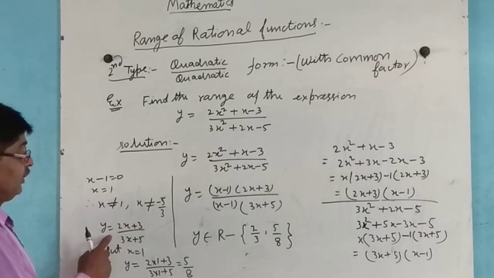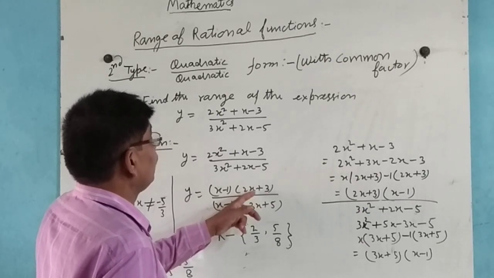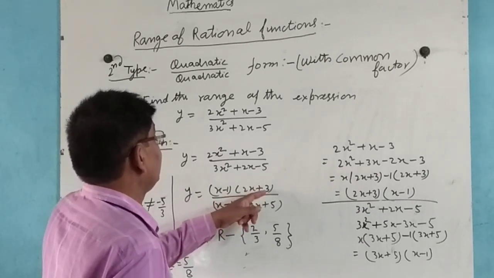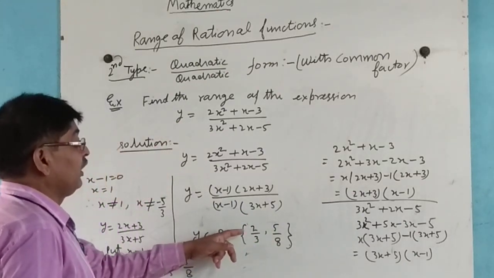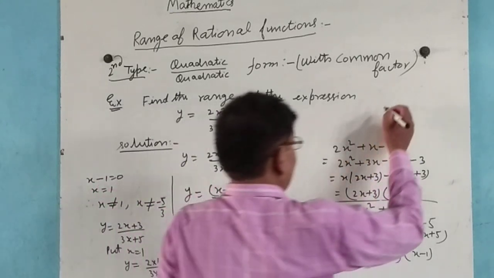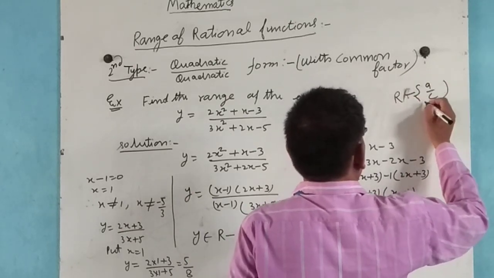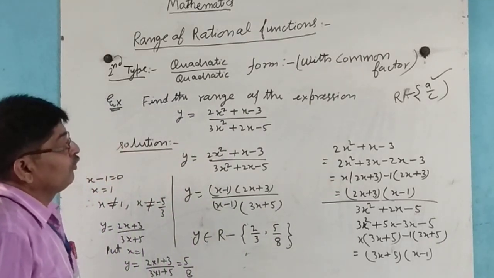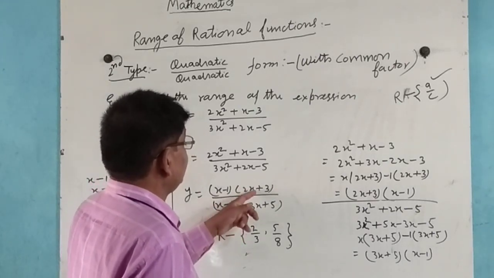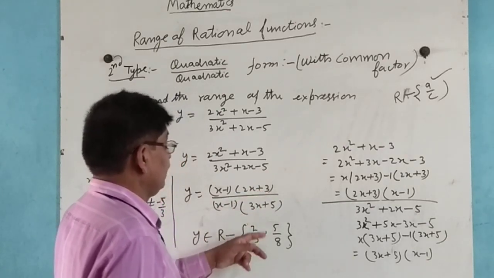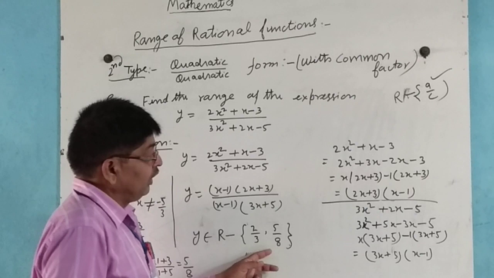Now putting the value of x in the polynomial, here this and this cancel, and putting the value of x equal to 1, this equal to 2 plus 3 equal to 5, and 5 3 8, 5 by 8, and x belongs a by c, this is R minus a by c, where a is the coefficient of x in numerator, that is coefficient of x in numerator equal to 2 and denominator equal to 3, 2 by 3, and thus range of polynomial y belongs R minus 2 by 3 and 5 by 8.